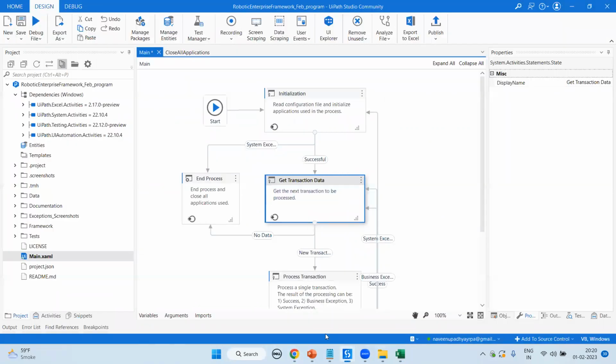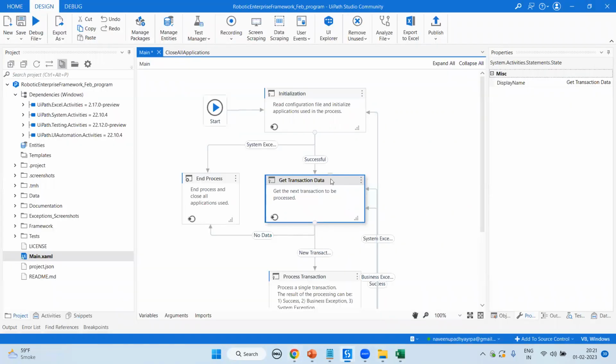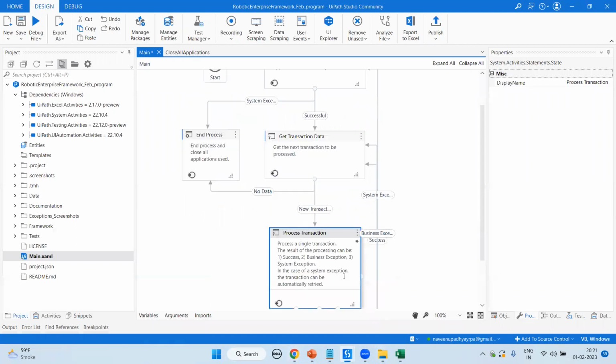If you were getting data in the previous part, there might have been cases where no data was available. Right now, if the data is available, we go to New Transaction. If there is no data in the queue, meaning you've already taken all the data, it will go to